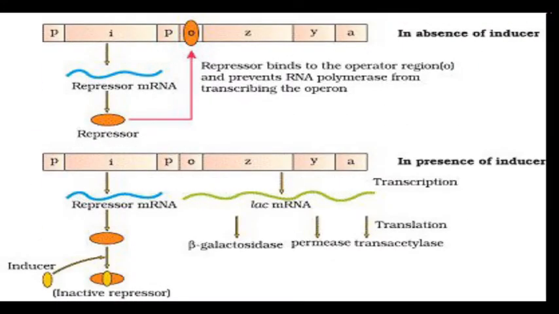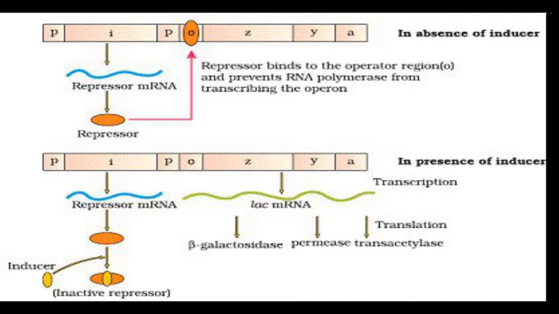The next one is very important. We need to understand this clearly. As already said, this I gene is the inducer gene which codes for the repressor protein, and the Z gene is the one which encodes for beta galactosidase, which we otherwise call beta gal, and Y encodes for permeases, and A encodes for transacetylases.